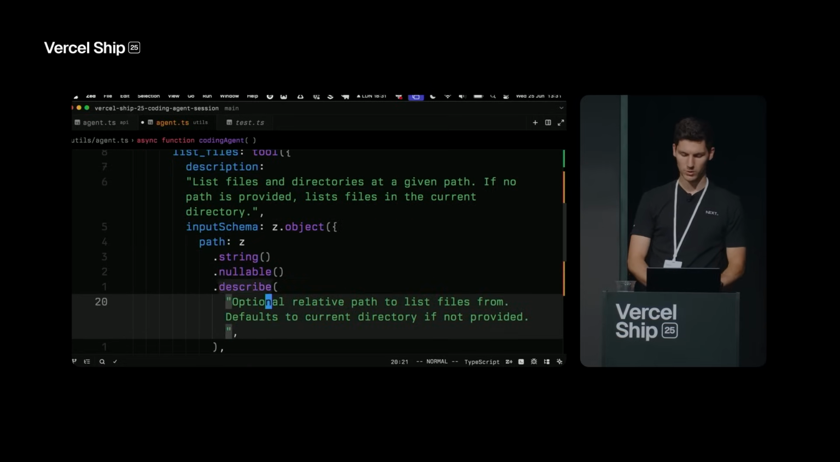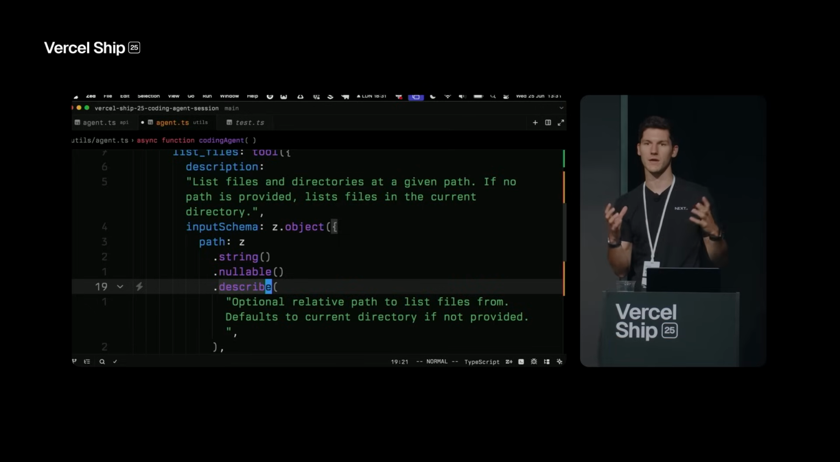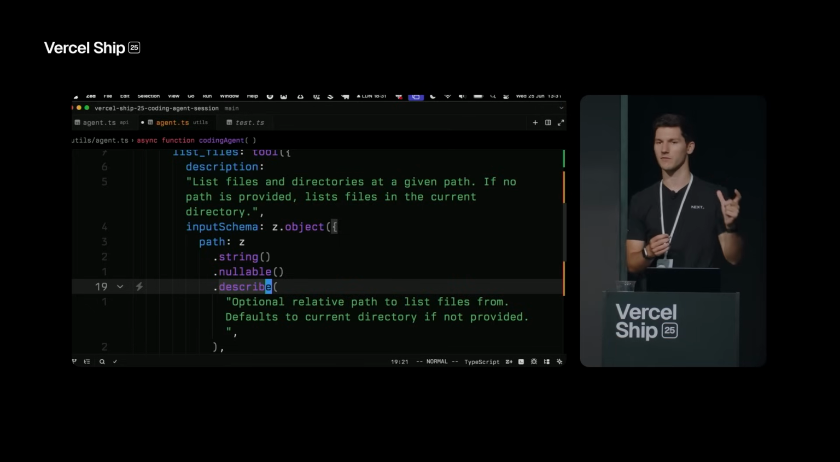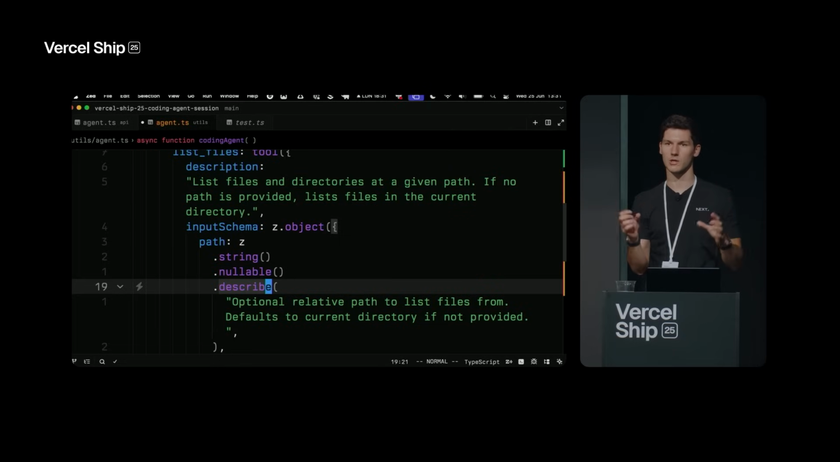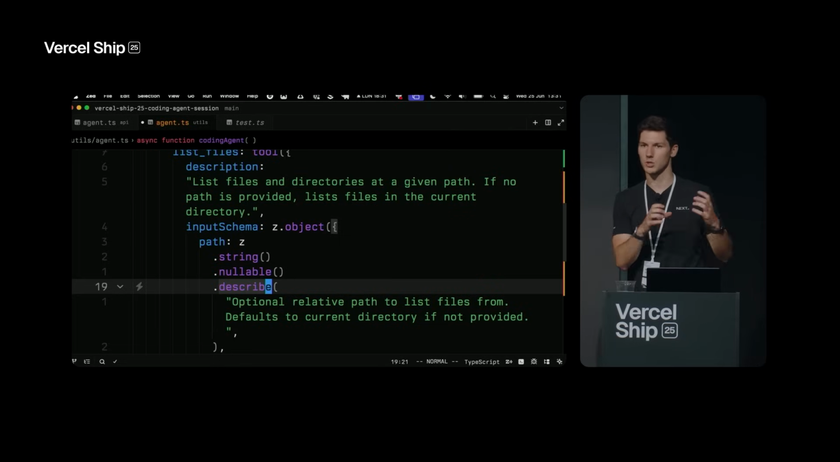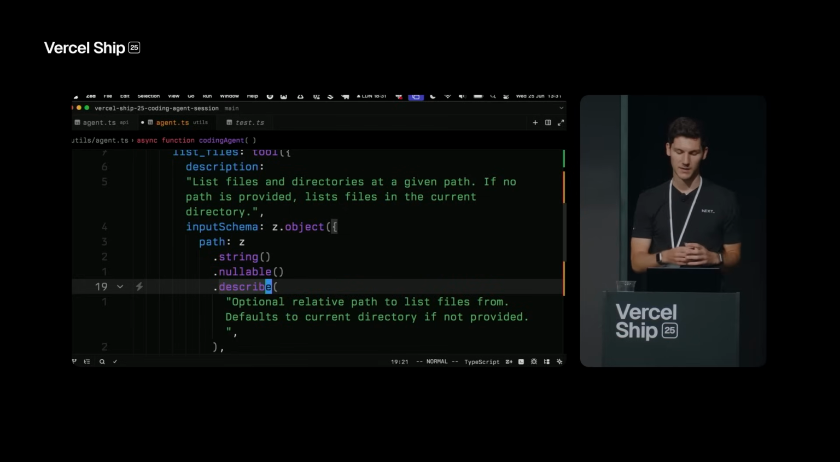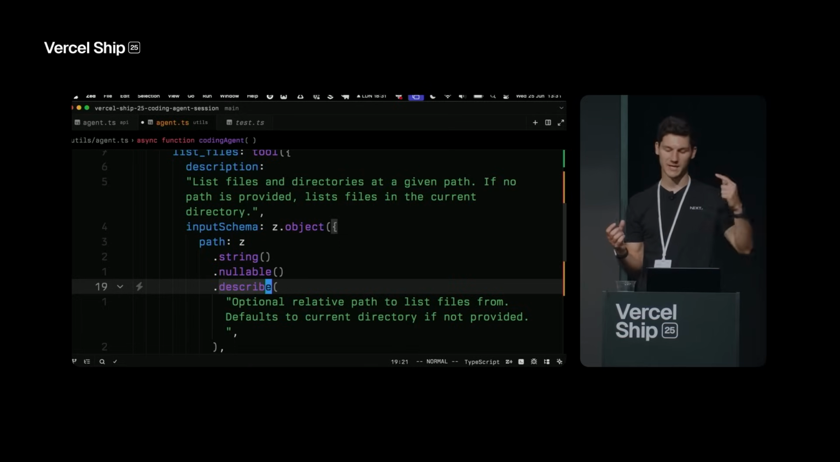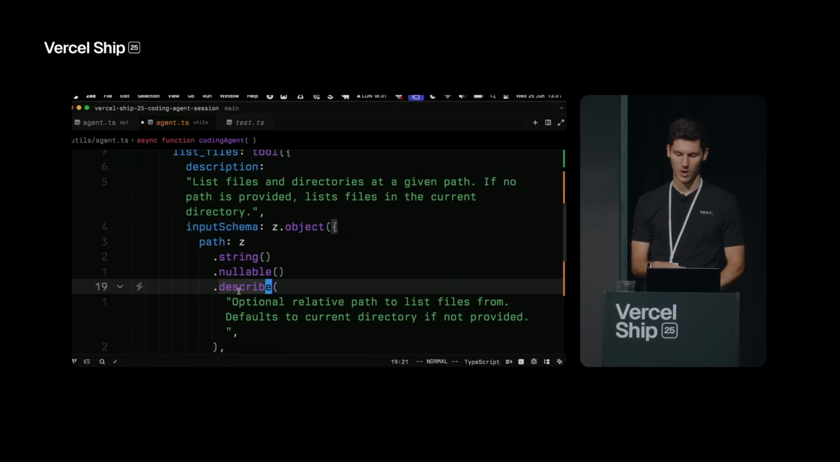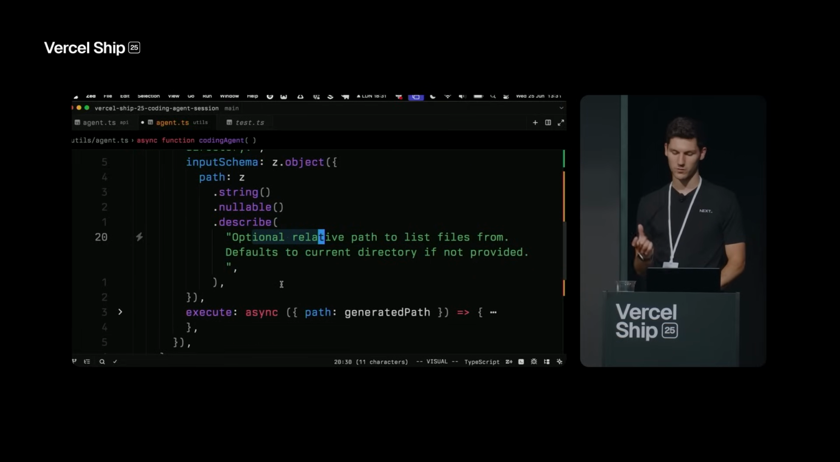There's also a cool thing you can do. We use Zod as a way of defining our input schema. If you haven't come across Zod, it's a really helpful TypeScript schema validation library, and it allows you to define the shape of an object, of some data, and then we can use the .describe function to literally provide extra context on the level of a key. So here we say that this is an optional relative path to list files from, defaults to the current directory